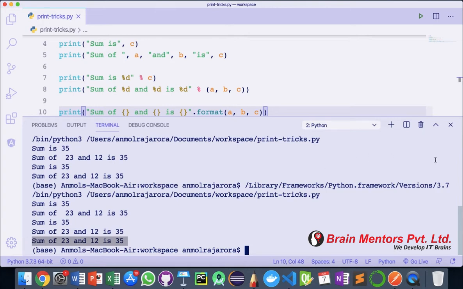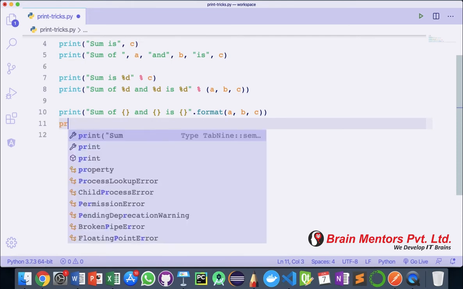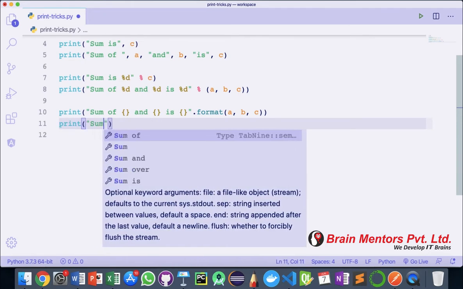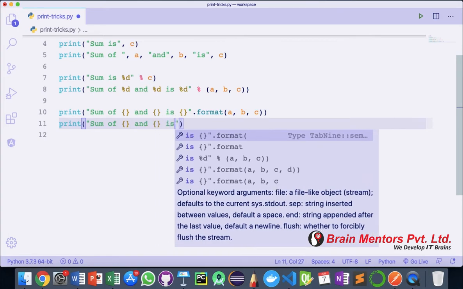It's also working perfectly. Here, another benefit is that you have a little tweak in the statement. If you have too many variables and you don't remember in which particular position a or b should come, you can do something like this: print sum of curly braces and curly braces is curly braces.